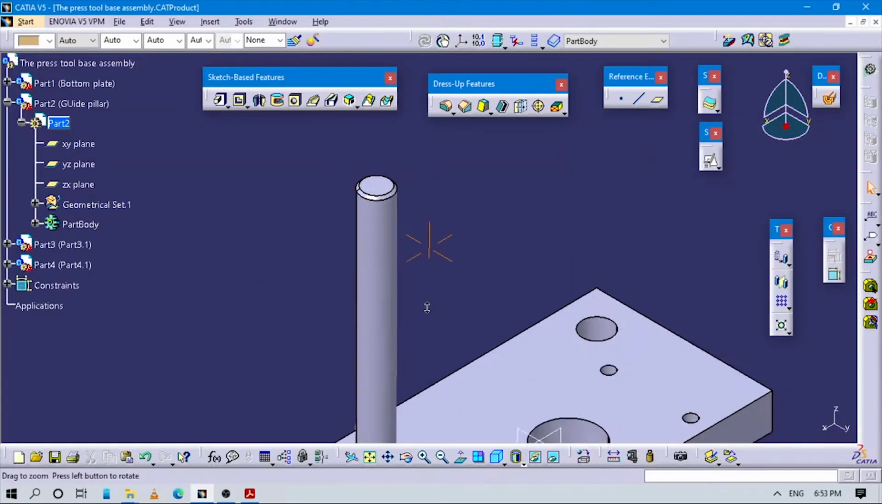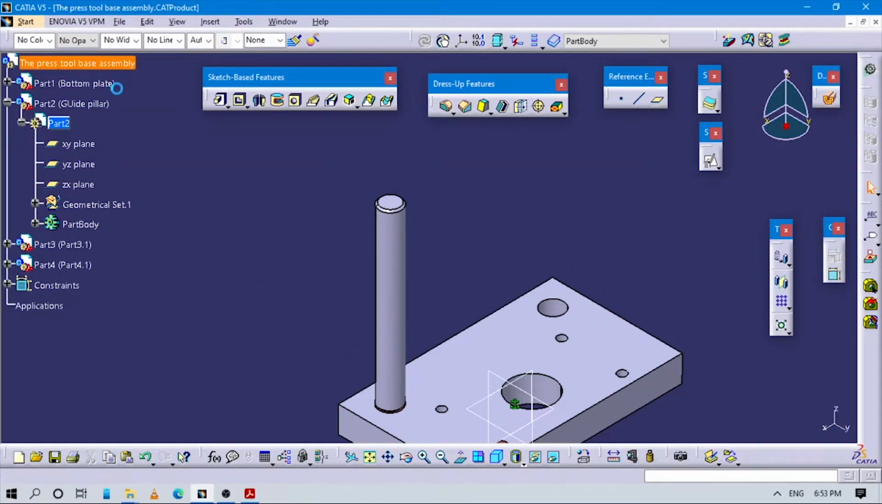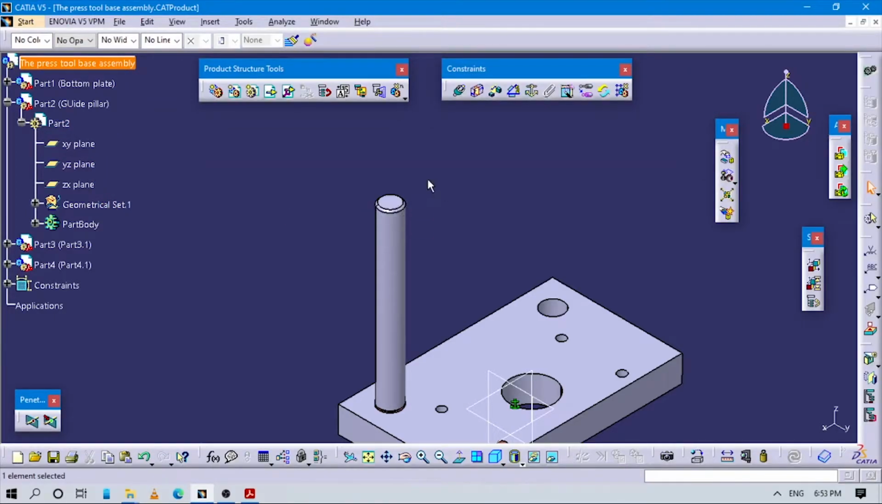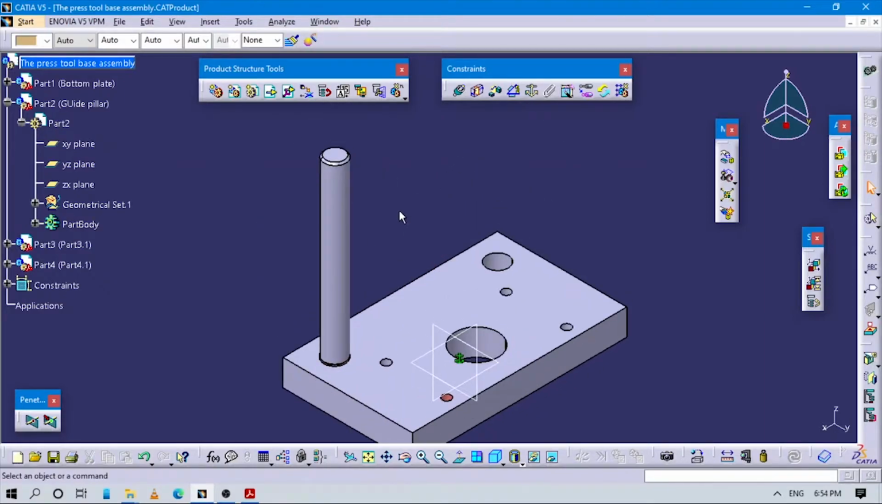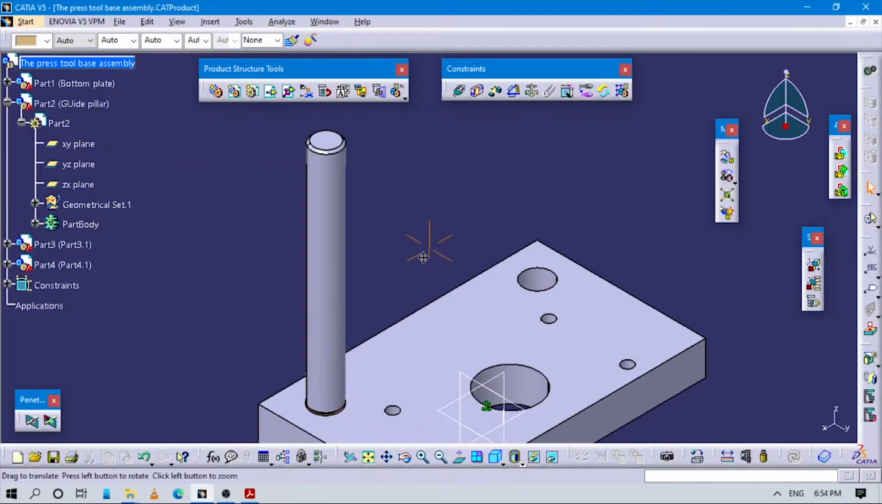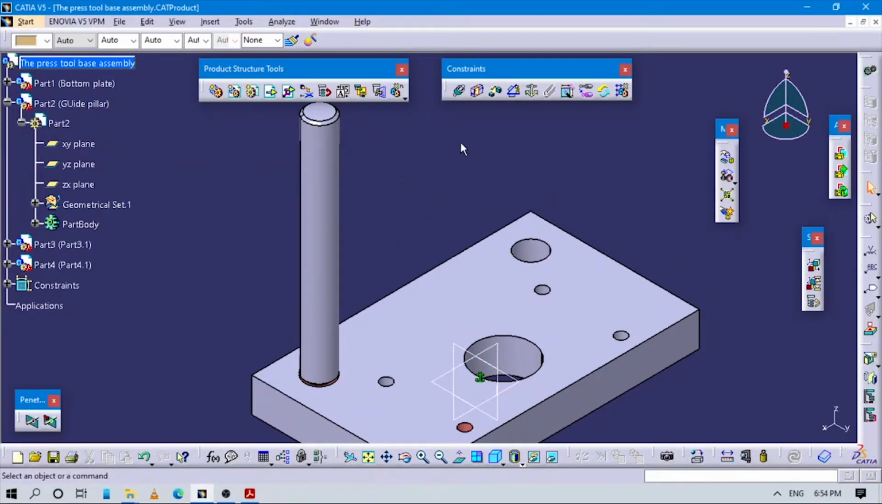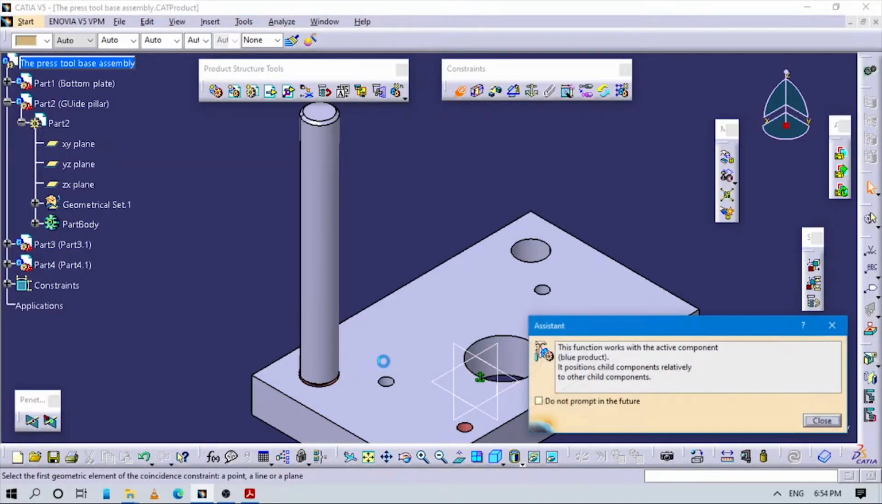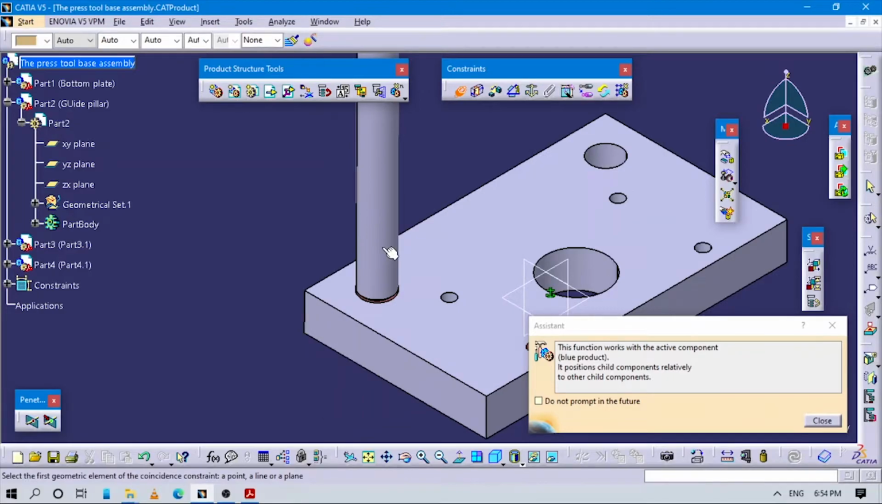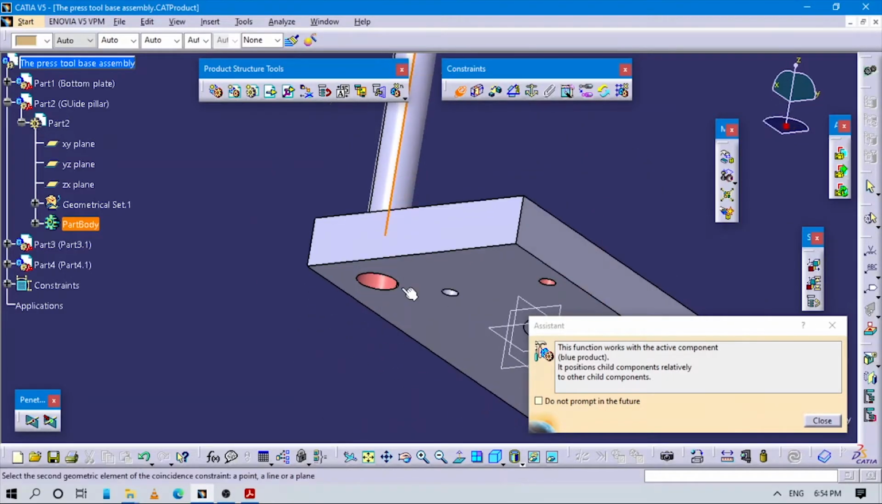So to do dimension, again we have to double click to this base assembly, so we can get to the assembly workbench. Now let's start to do dimension to this. To do dimension to this, we have to first of all give from this fixed position. So we are first of all considering this as to this,